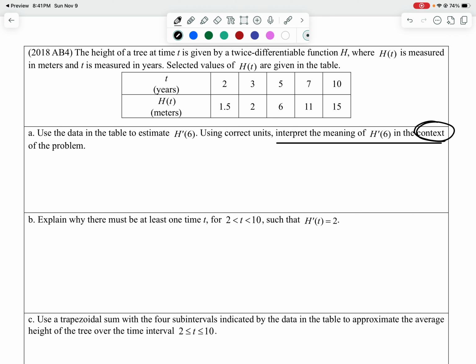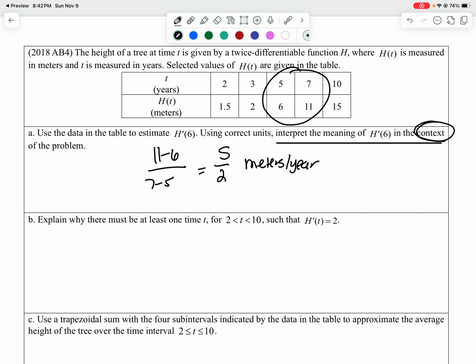Or if you said that the height of the tree grew at a rate of 5 over 2, but you didn't tell me what time, that got marked wrong. So you're going to do 11 minus 6 over 7 minus 5, 5 over 2 meters per